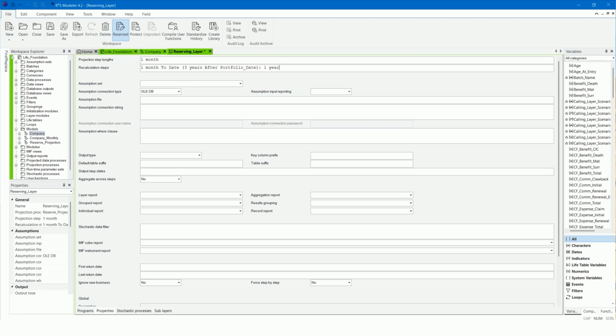Alternatively, you can set the property to once to calculate the sublayer only at the layer start date for the calling layer. This is the default value of this property. Or set the property to all, or make it blank, to recalculate the sublayer at every step end date of the calling layer.